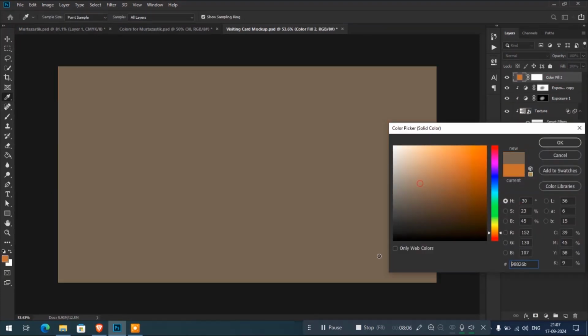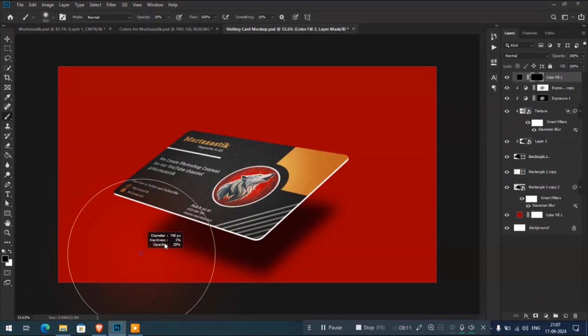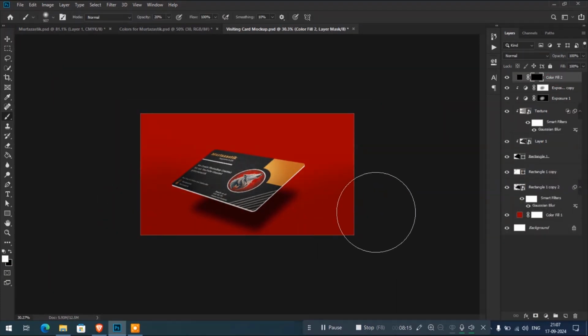Now add a black solid color layer on top of everything. Invert the mask, and reveal the layer on bottom part of the card to make it a little darker, like